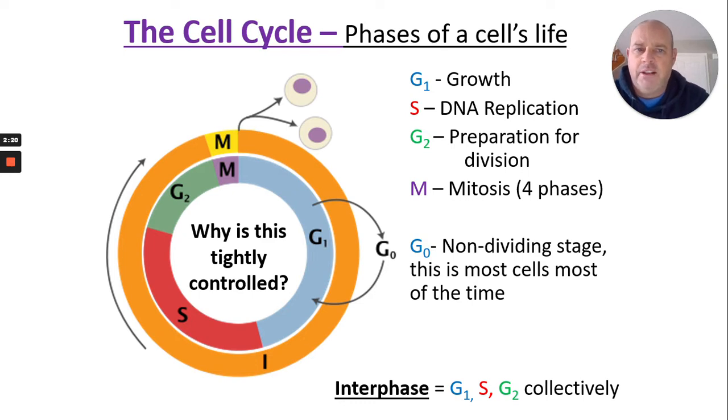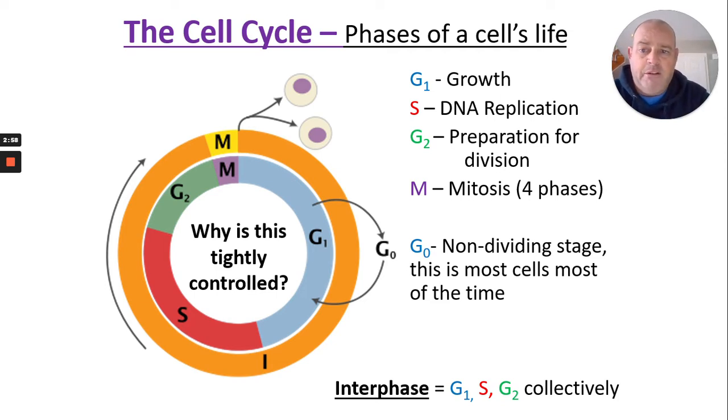So here is the cell cycle. Okay, so lots of different phases here as we go around, and we'll get into these more and more as we go. But you can start with G1, and you'll notice G1 takes up a pretty good portion of that pie chart. And that is where most of the cell growth happens, as well as just a cell being a normal cell. Okay, G1 cells are doing normal cell things. In S phase, the red part there, that's where DNA replication is happening. That's where you're copying the DNA so that you can have a set of DNA for the old cell and a set of DNA for the new cell.